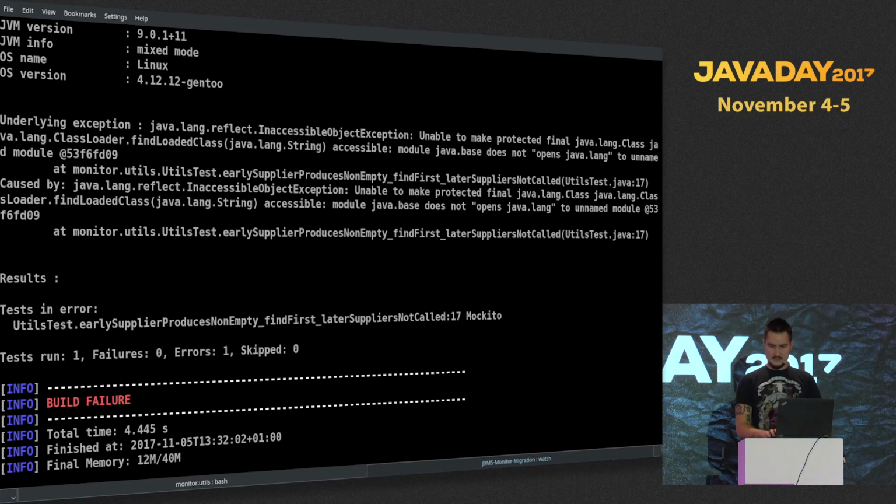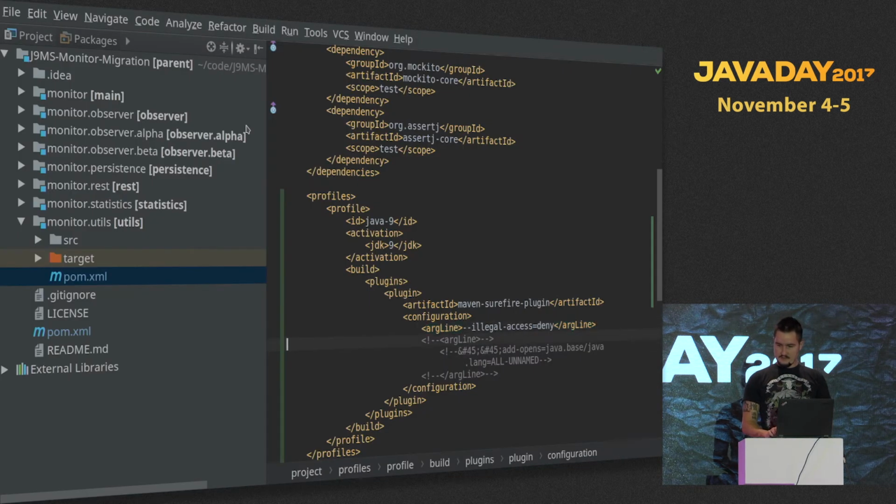Bam. So now the build fails as expected, and we basically get the same message as before, but it's no longer a warning. Now it's an exception. But we want to fix the problem, right? Now we broke the build even worse. We want to actually fix the problem. We can do that by opening